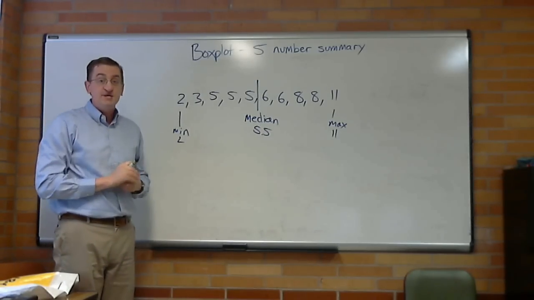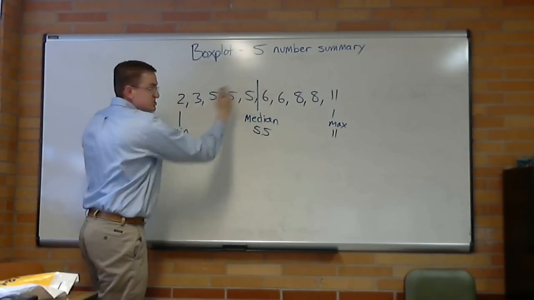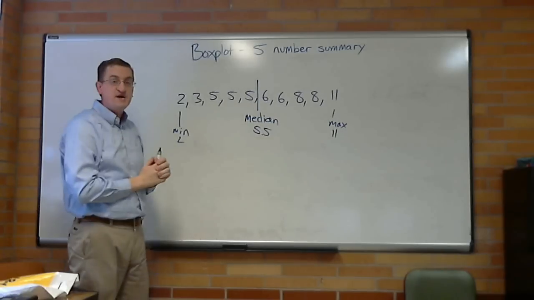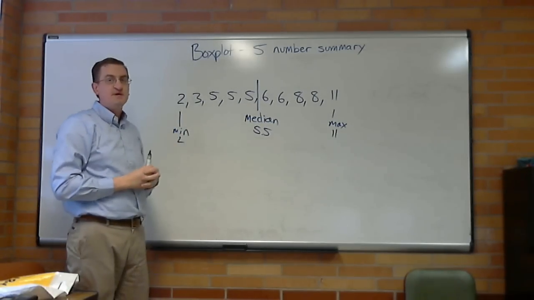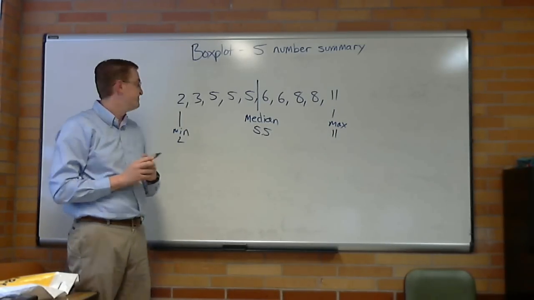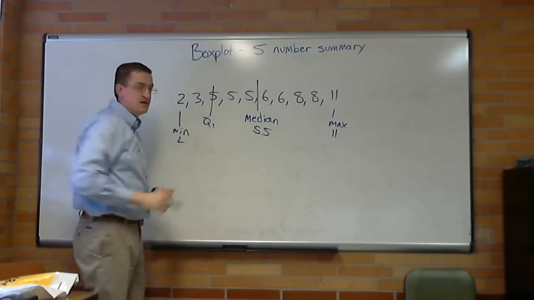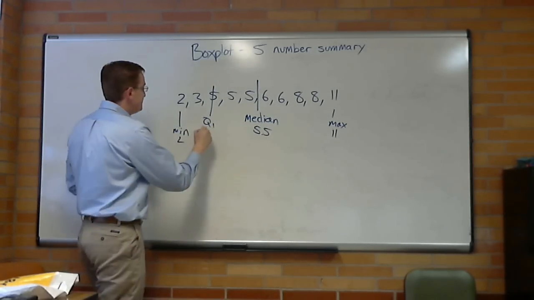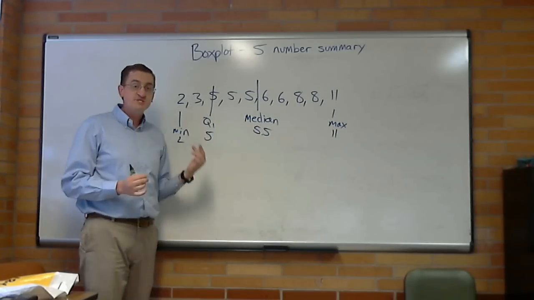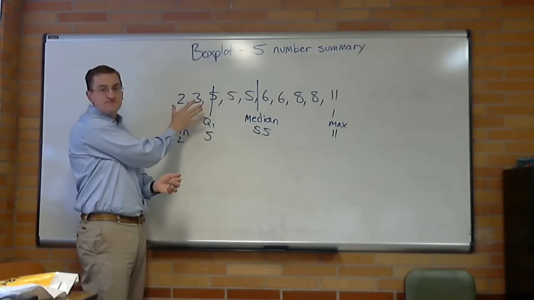Now, to find the second and the fourth of the 5 numbers, we are going to take this chunk of data, everything from the median over, and I am going to find the median of this half, the median of the median. Fortunately, that's not the name, because that would be really confusing. 5, 3, 5, right there. His name be Q1. Q1 is 5 because it landed right on the 5. And Q1 stands for quartile 1. This is the first quarter, the first fourth.